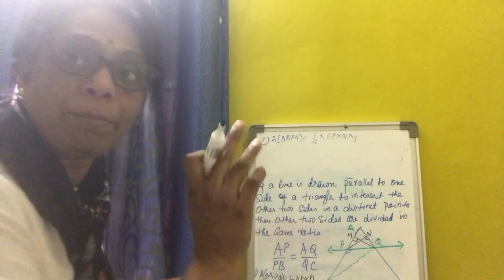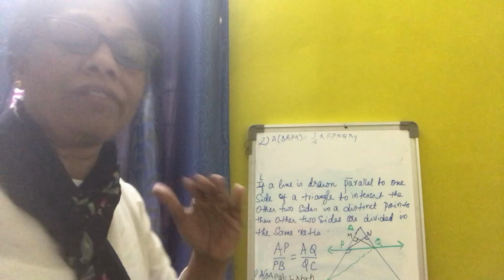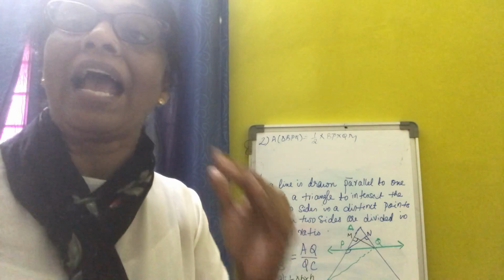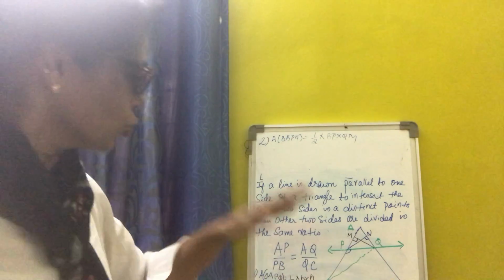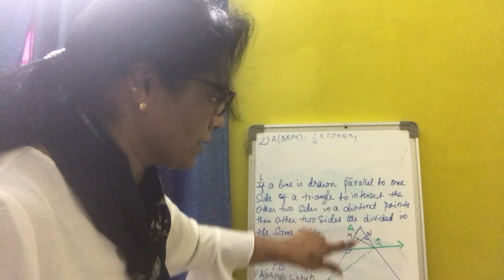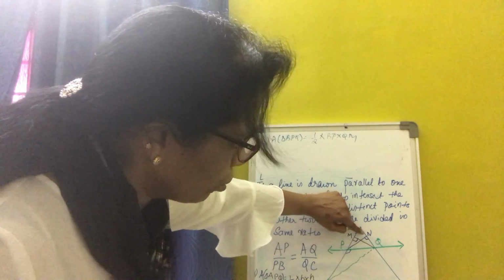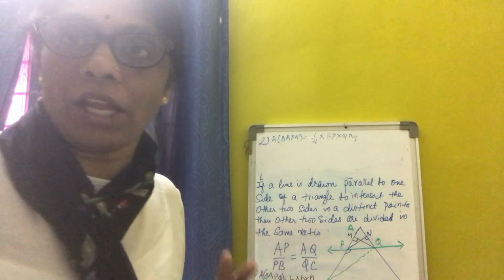You have to choose the base in such a way that it fits what we want to prove. That is what I told first itself. We have to choose a triangle as well as the base of the triangle according to what we want to prove. So here AQ is the base, and when AQ is the base, we draw the perpendicular from the vertex P to AQ. We have drawn that PN perpendicular to AQ.